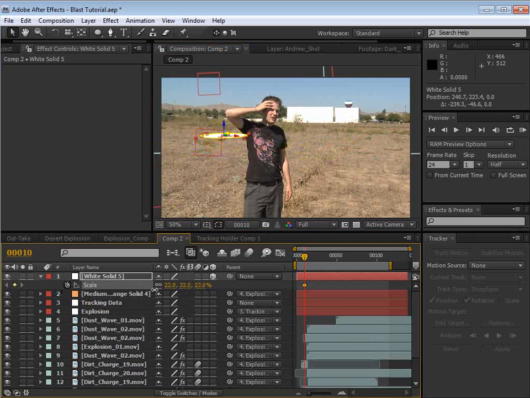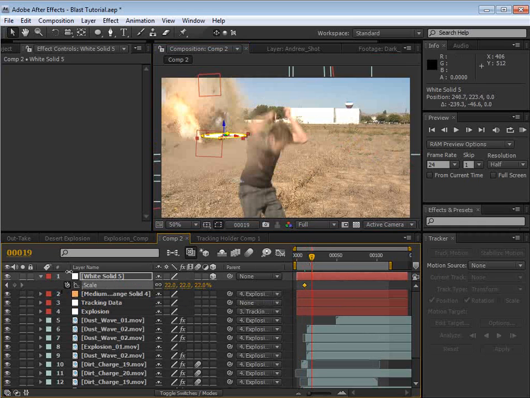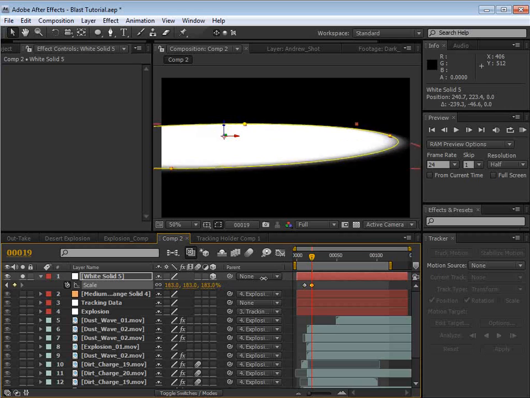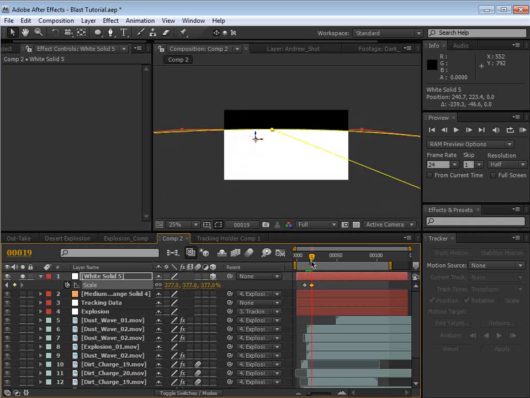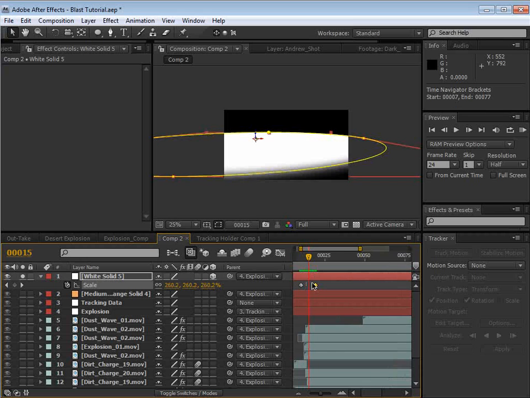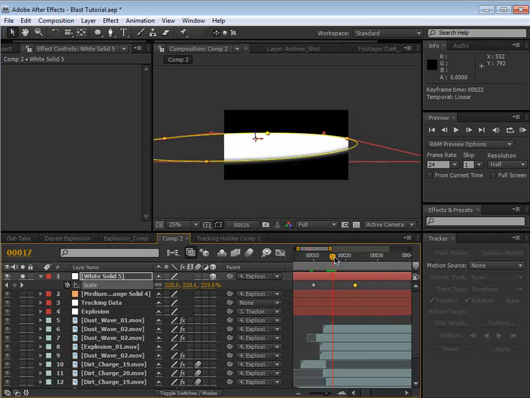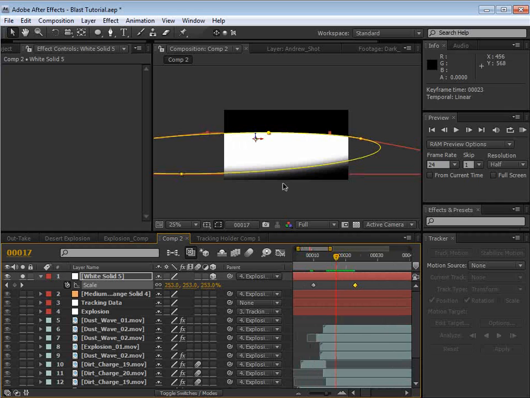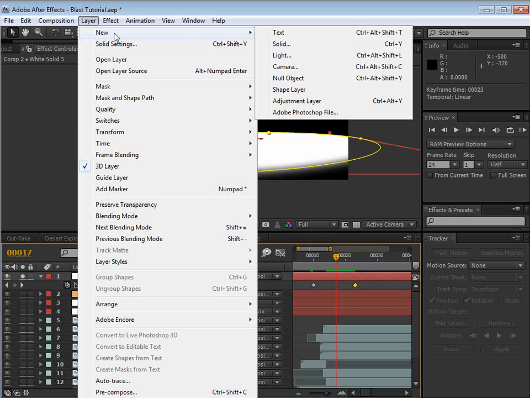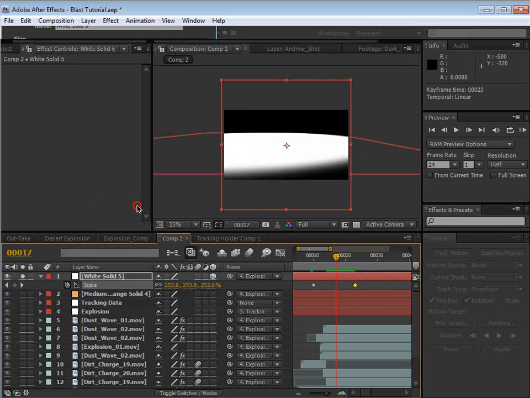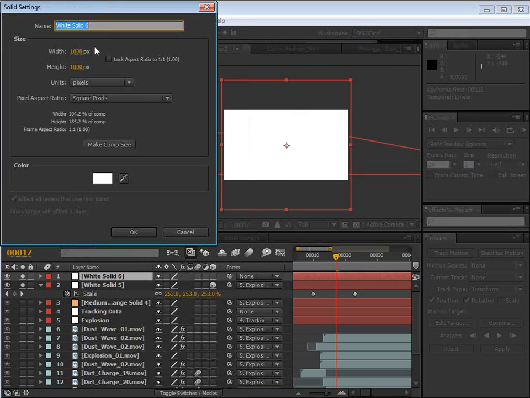And the idea is simply to scale it from being really low. So we'll set a keyframe there, click on the stopwatch, we'll move forward a little bit, and we'll scale it up nice and large so it just fills the frame rather quickly. And then we'll parent this to our explosion. And the other thing we want to do, I'll spread that out just a little bit. And the other thing we want to do is add a clipping mask or a track mat. So we'll add a solid,